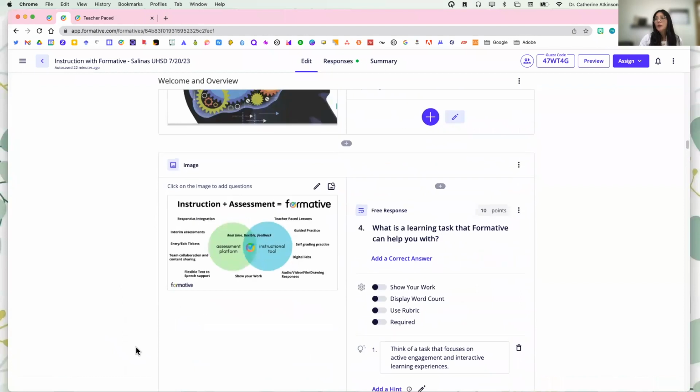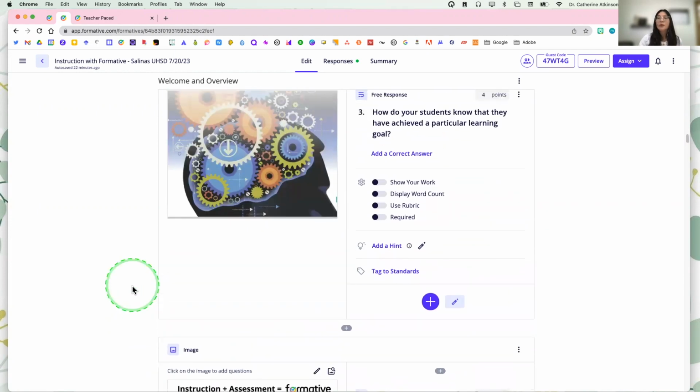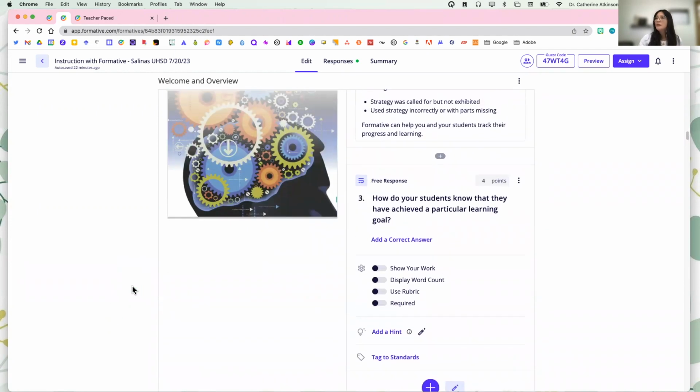So if you're going through a lesson and then you realize, oh my gosh, I really wanted to add a question here, I want to help my students with an additional scaffold or something, you can make the change and it'll appear real time for your students. So if you're looking on my Zoom screen instead of the teacher-paced version that you are working on, this is the question that I'm having you answer right now, which is,